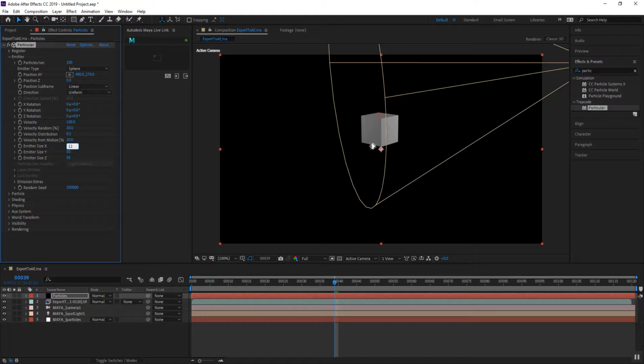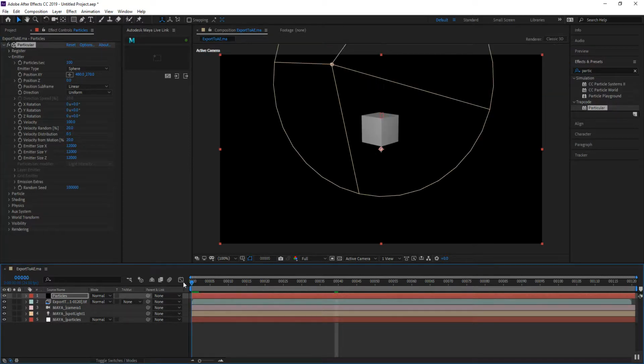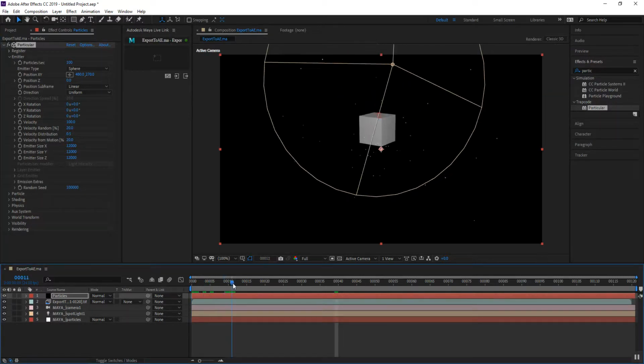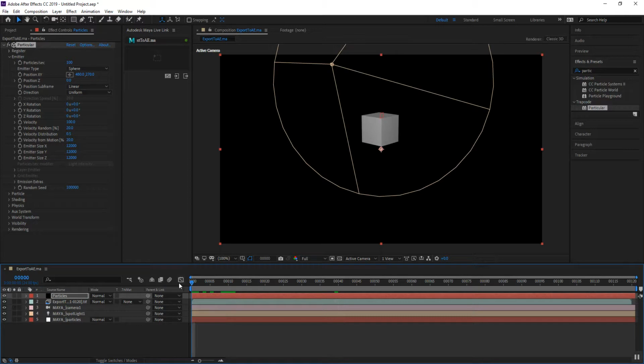So 12,000 on X, 12,000 on Y, and 12,000 on Z. And you'll notice that I am going to get basically an orb of particles all around my object. Now let me go back to the very beginning, and you'll notice that they'll just simply start appearing and moving around. That is because